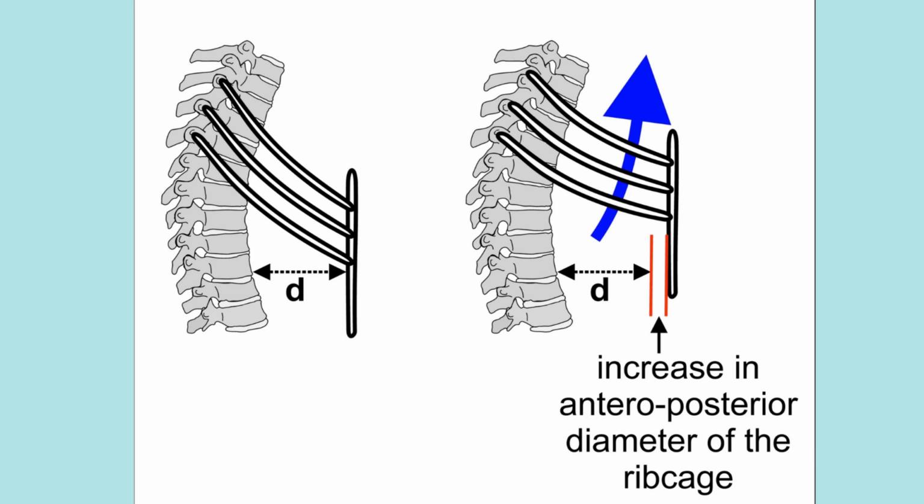However, when we inspire, our external intercostal muscles contract and they elevate the rib cage, they move it up, and this increases the anterior posterior diameter. Also, as the rib cage moves up, the sternum is attached to the rib cage, as everybody knows. So the sternum also moves away from the vertebral column. So this is respectively called the bucket handle movement and the pump handle movement. The pump handle is for the sternum and the bucket handle is for the rib cage.